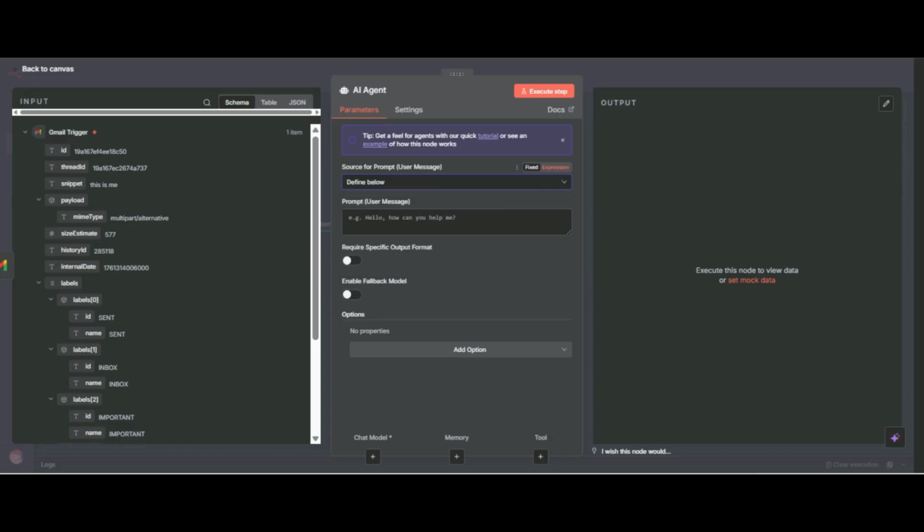So define below, and here is also the same. I have already told you what the user prompt is. We have to send our email body and email subject, then the AI will generate the response.